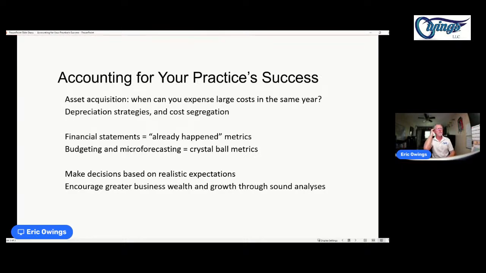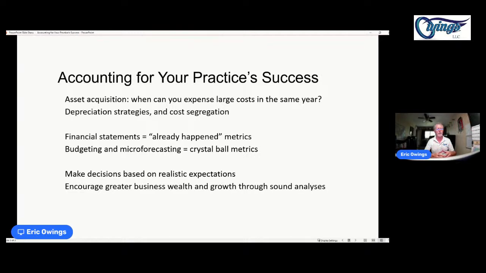Asset depreciation strategies and cost segregation. This is a thing that I came across quite a bit in real estate accounting, but it counts for basically anybody that has large investments. You are going to, at some point, need big, heavy equipment, X-ray machines, other diagnostic equipment, that sort of thing. Ensuring that a depreciation strategy, the definition of that is to basically write something off with the shortest possible life so that you're able to write off more of it each year.